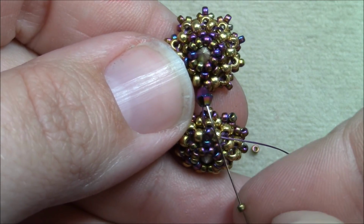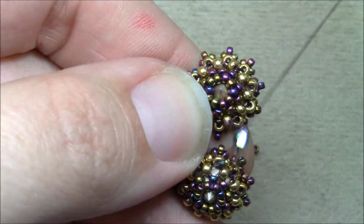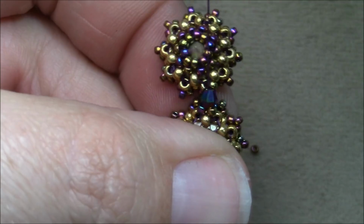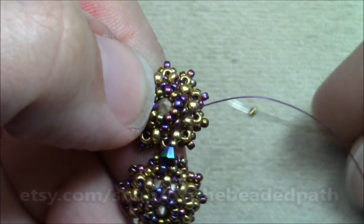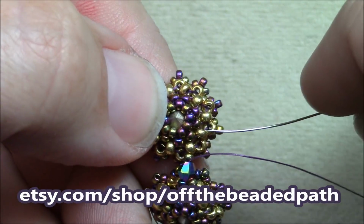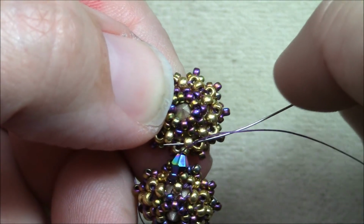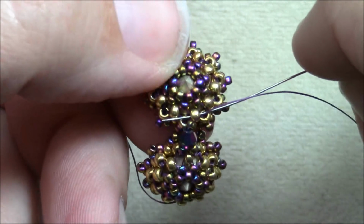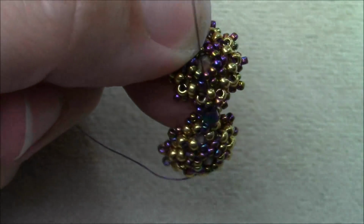So I'm going to go back up through that 3 millimeter and pull that thread, and see, I've just got my finger on the chaton and I'm pulling the thread straight up. Now I'm going to pick up another 15 and I'm going to go through the horizontal bead here on the first component I started with, so that I will have a 15 seed bead on each side of that